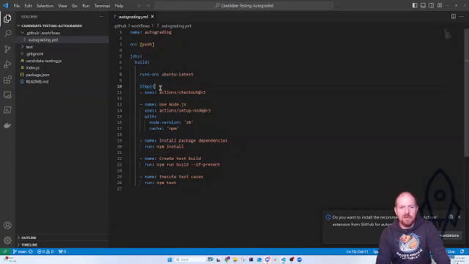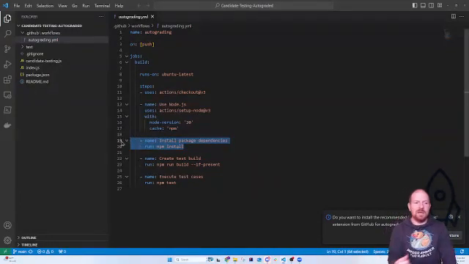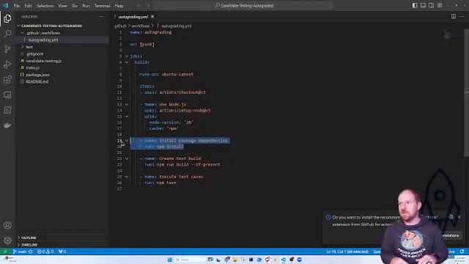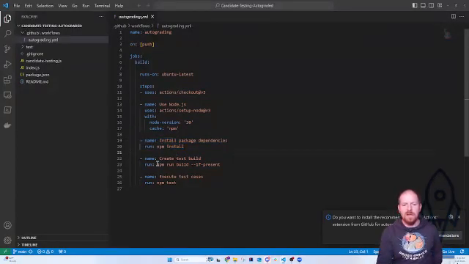The steps that it's going to do is it's going to check out your code. It's going to use Node.js. This is where it installs it. It's going to install version 20. It's going to install the packages. Remember how whenever I download this, I haven't done it yet, but I'm supposed to do npm install. If I don't tell GitHub to do that, then it doesn't do that, and it doesn't work. So it's going to do npm install. Then it's going to do this npm run build if present. So it's going to look to see if it's present, and it's going to build it. And then it's going to